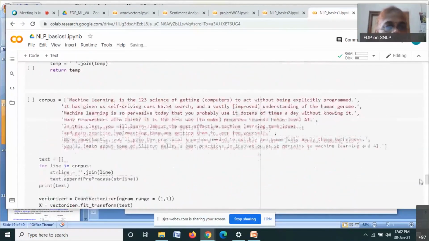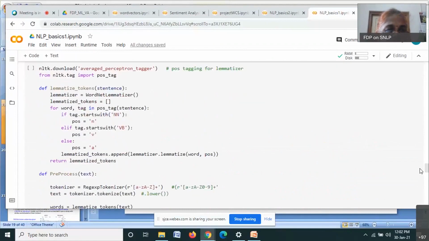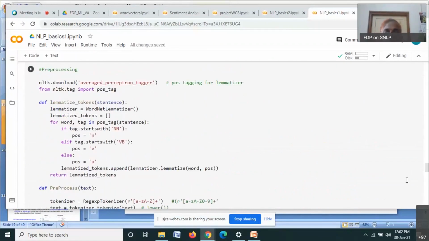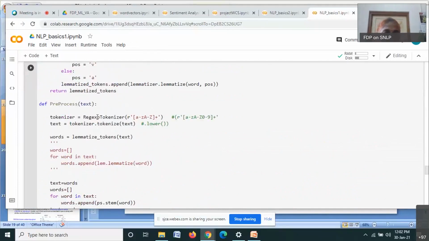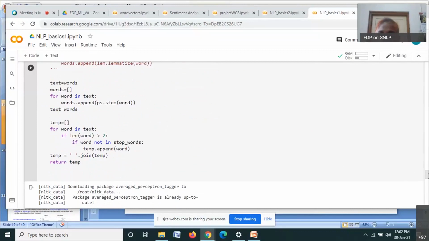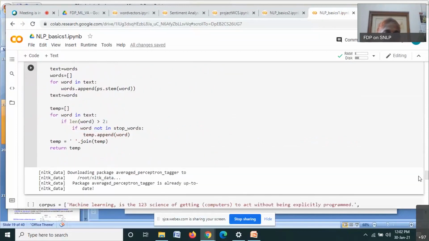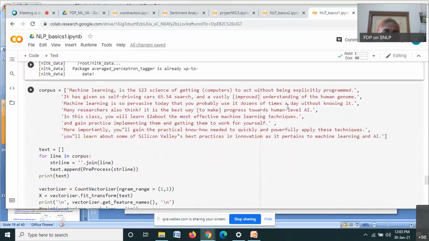What I'm doing now is, to build any application, let us say to build a term document matrix or a TF-IDF, I have to run this because I've included pre-processing of text using the regular expression tokenizer. I have included lemmatization also. I have removed stop words, so everything will be done here. These are the function definitions for pre-processing. And then we have the corpus. This is the corpus that I am considering.